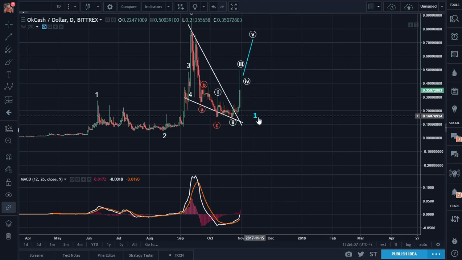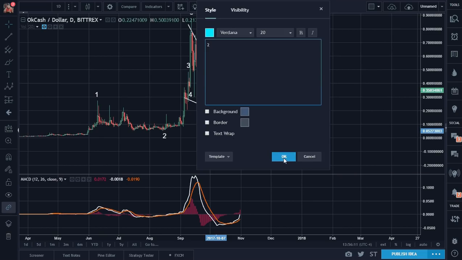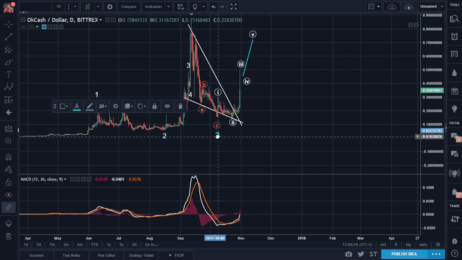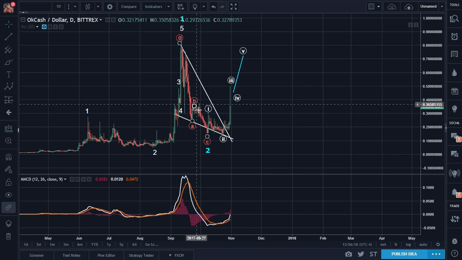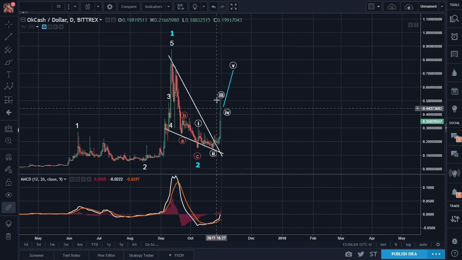And this ABC becomes wave 2. That's why I always say the best time to get in is the terminal end of wave 2, or the terminal end of wave C, because after that there's a trend change, just like here. Now these 5 white waves